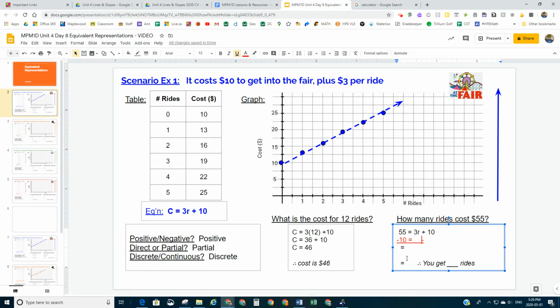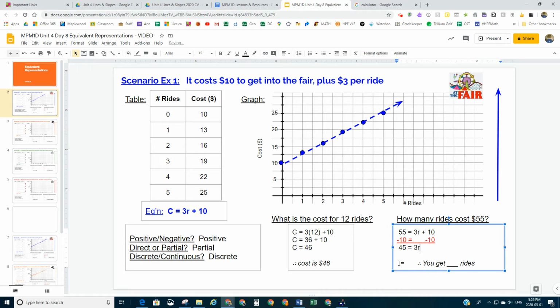And then over here, we've got a minus 10 as well. You can put some spaces in there, and you should get your minus 10. I put that in there to help you with that first algebra step. We have to subtract 10 from both sides. So when I have 55, and I subtract 10, that leaves me with $45, which is just reserved for the